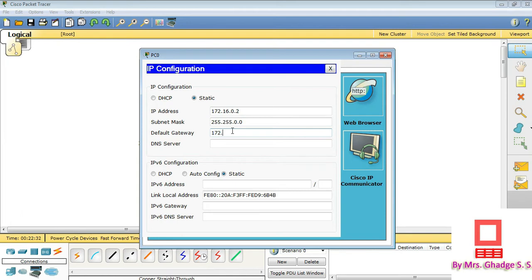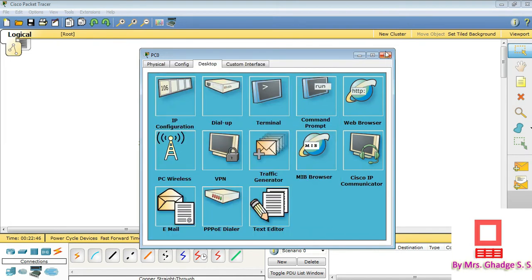So this is the IP address of the interface which is connected to router 1, that is 172.16.0.1. In this way we can configure PC0.